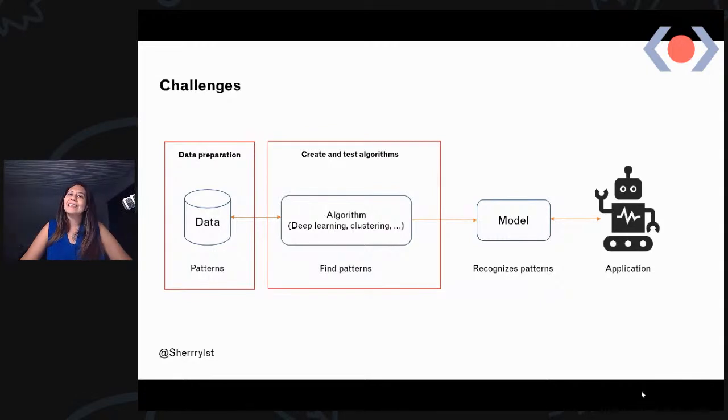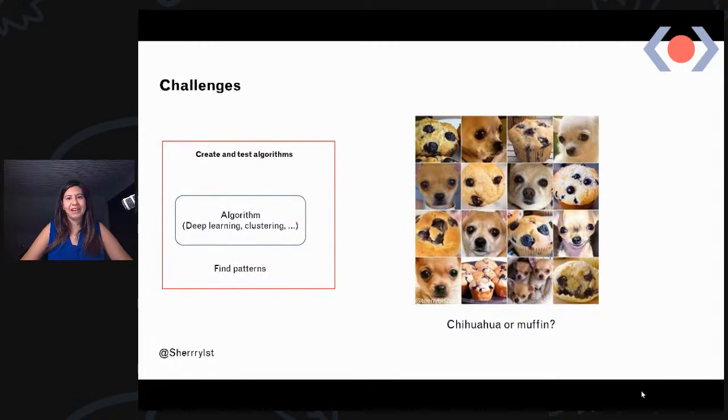And the other thing is that creating and testing the results of this algorithm is not always easy. Also finding out which algorithm to use at which time is not so easy either. You might have seen this picture before in many articles. Is it a chihuahua or is it a muffin? Even for me as a human, by one look, I can't easily find out. So verifying the outcome and accuracy of this result is neither easy. It requires a lot of time and resources.